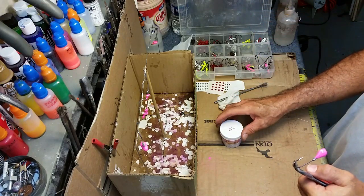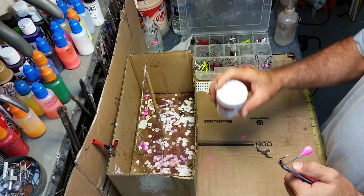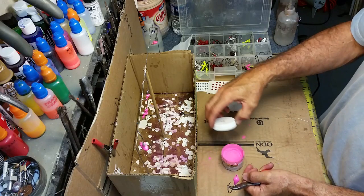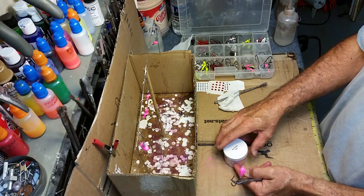They have a ton of colors. It's the only color I bought. I think they run around $6 or $7 for an ounce of this, and you can see it goes a long way. You don't put much on it. I spill very little. Sometimes I spill a lot more, but